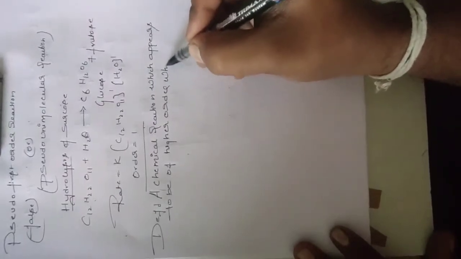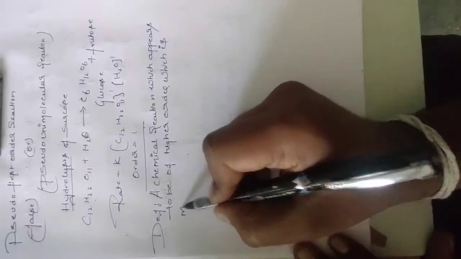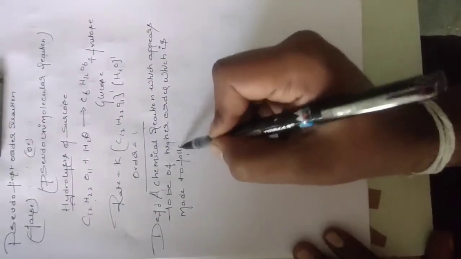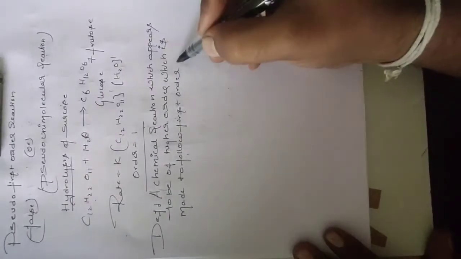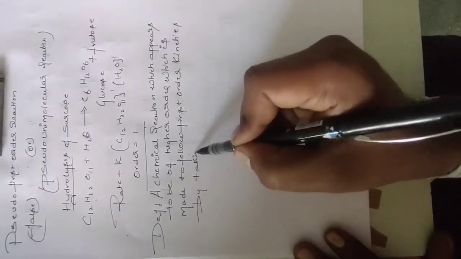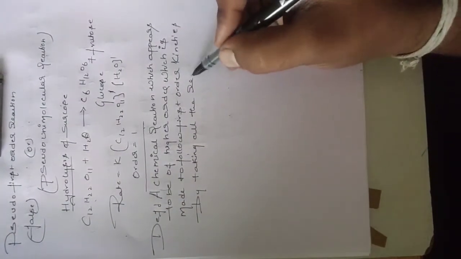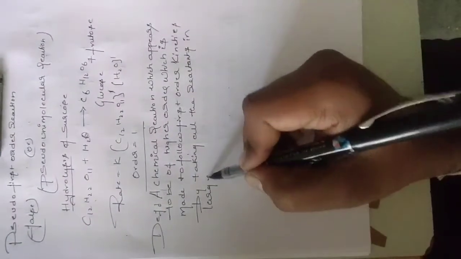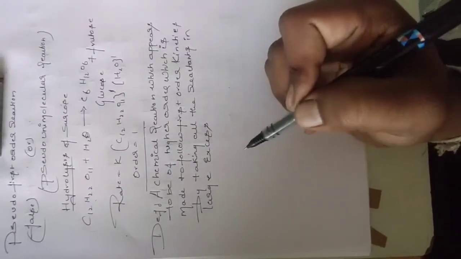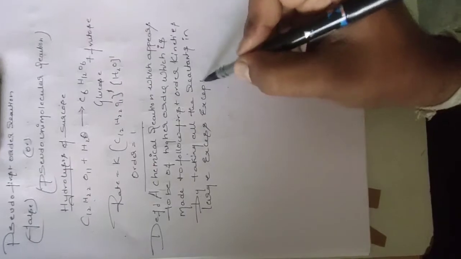which is made to flow as first order kinetics by taking all the reactants in larger excess except one